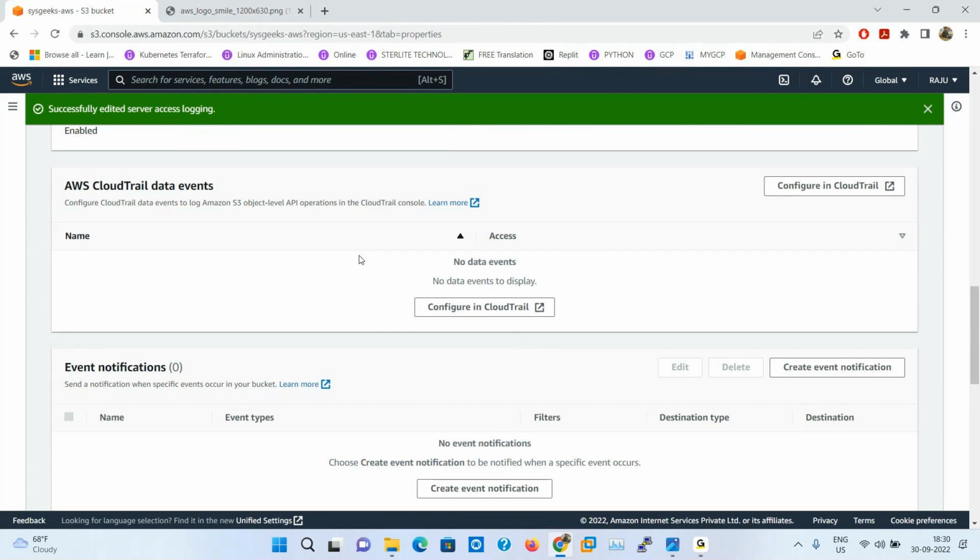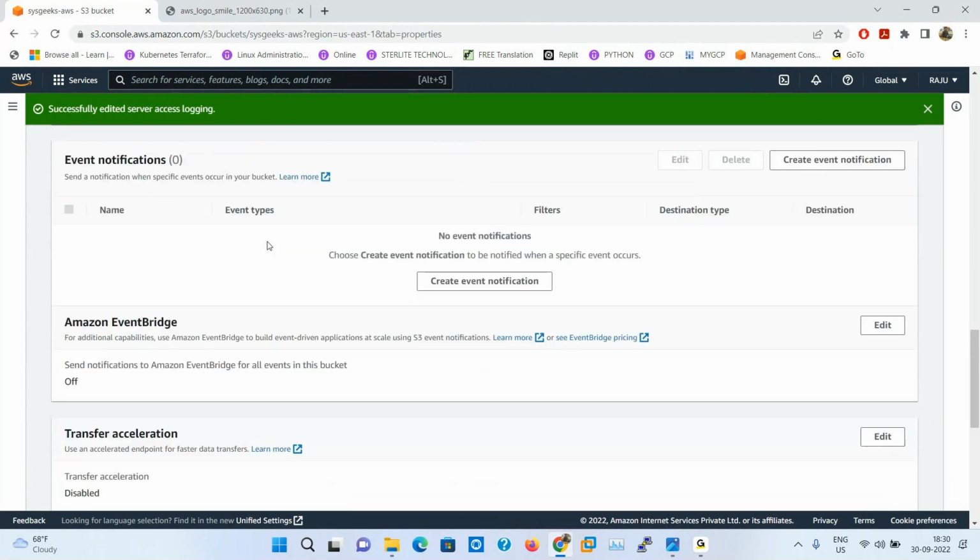CloudTrail is an auditing service. If you do anything in this account, everything is recorded by CloudTrail. But by default, CloudTrail maintains the events under the dashboard only. But I want to store the events in one S3 bucket. Then how to integrate the S3 bucket? We just have to create a CloudTrail. I told you already how to create it.